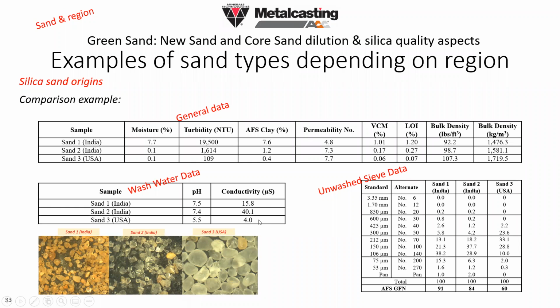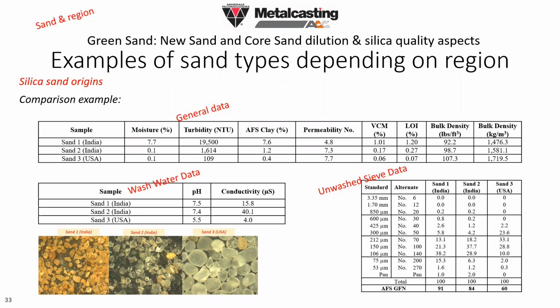Low conductivity usually means low contaminant in the sand and low external elements having a potential effect on dilution in water, especially ion dilution and source generation, creating potentially some decrease in